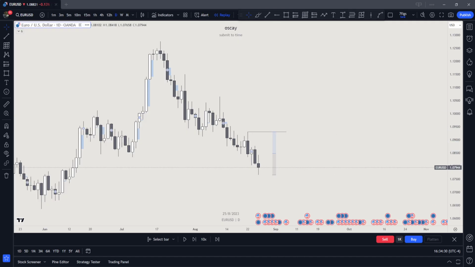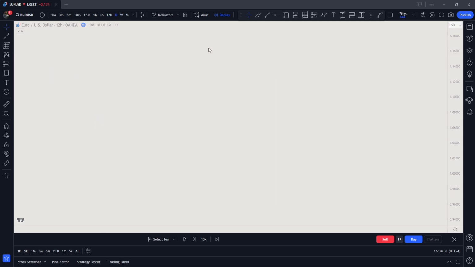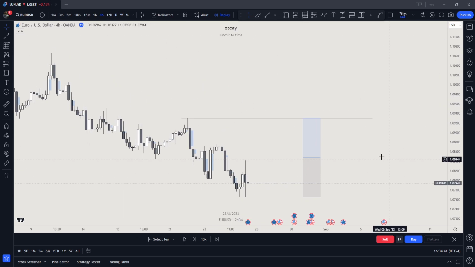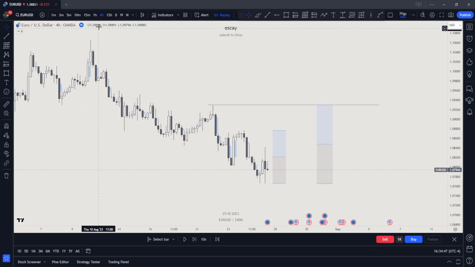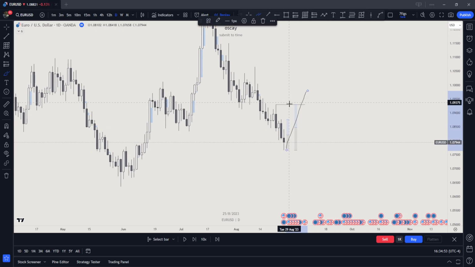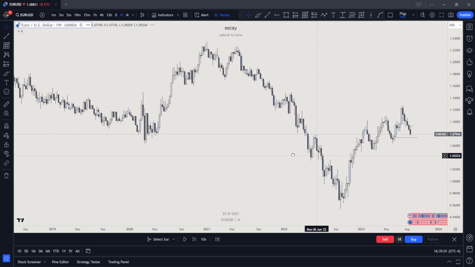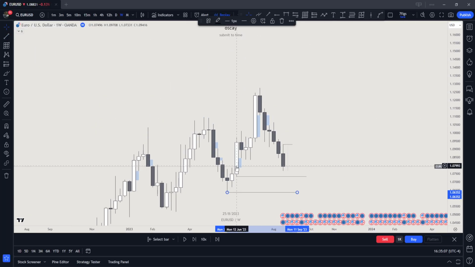Okay, let me go through my checklist. We check the economic calendar. Yep. We identify order flow: monthly bearish, weekly bearish, daily bearish, H4 bearish as well. We identify potential draw on liquidity. Well, because it's NFP week, I'm expecting manipulation for the weekly, monthly power of 3. And then let's go to the weekly. We closed inside of this fair value gap, so that's a good sign for downside.